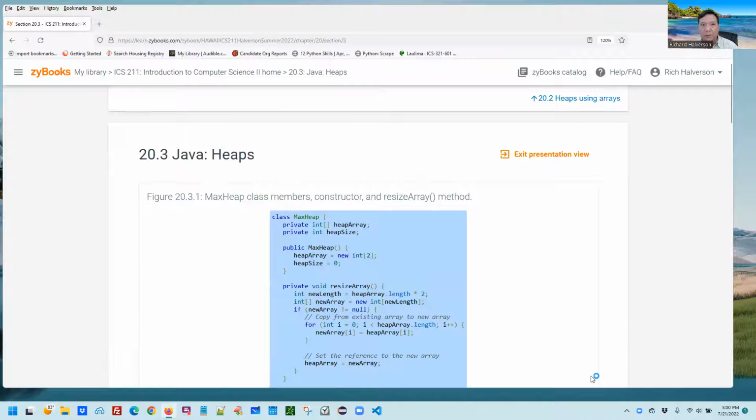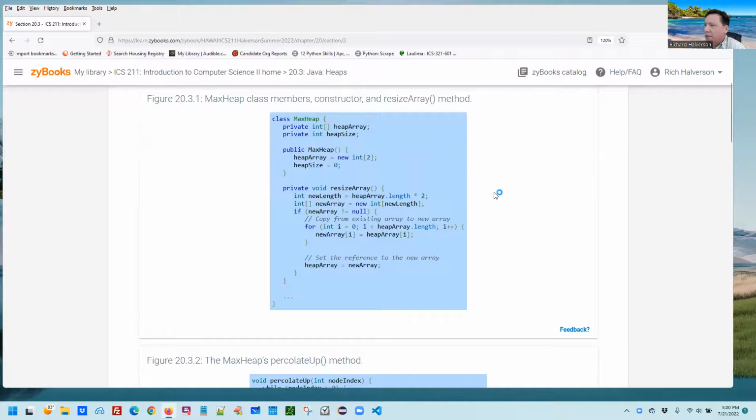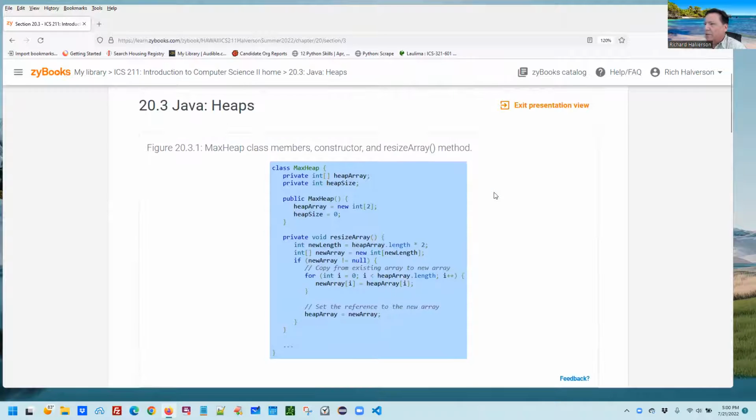You can see this last section here, the Java version of heaps. This just gives the Java implementation in sections 20.1 and 20.2. We were just dealing in pseudocode. These are the actual Java implementations. I use the Python version of this textbook also in the Python course I teach. And the first 2 sections are the same, but then this section in the Python version of the textbook has Python heaps here, but